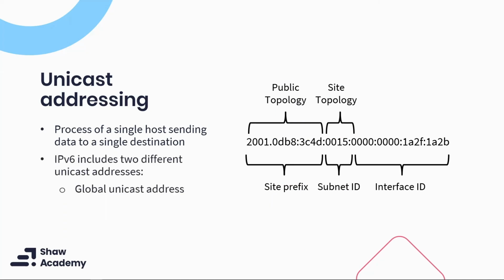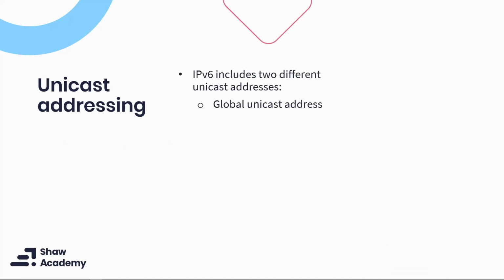A global unicast address that is globally unique on the internet. Have a look at the example on the right. And the other unicast address for IPv6 is a link local address. This is used only on a local network link and is not valid nor recognized outside the enterprise. For example,